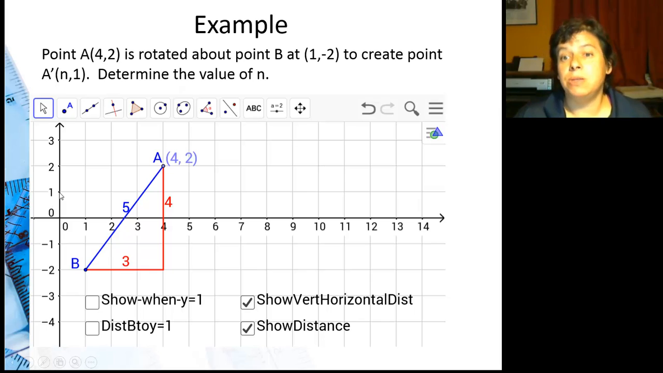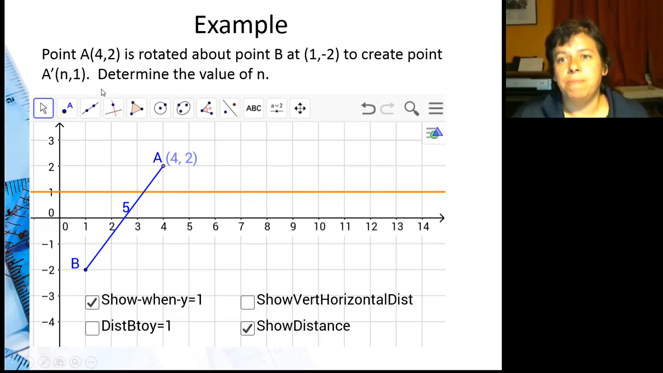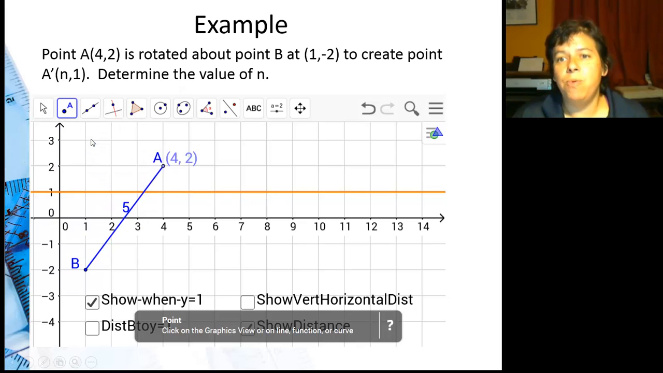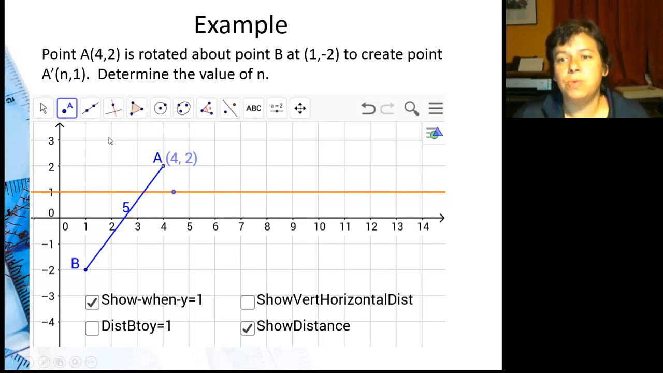That means it could be at (0, 1), (1, 1), (2, 1), (3, 1), (4, 1), (5, 1), (6, 1), etc. So it could be any of those. But the main thing is that it needs to be a distance of 5 from B. Well, all those points fall on this line. And if I go ahead and add a point to this line, which I'll do right now,